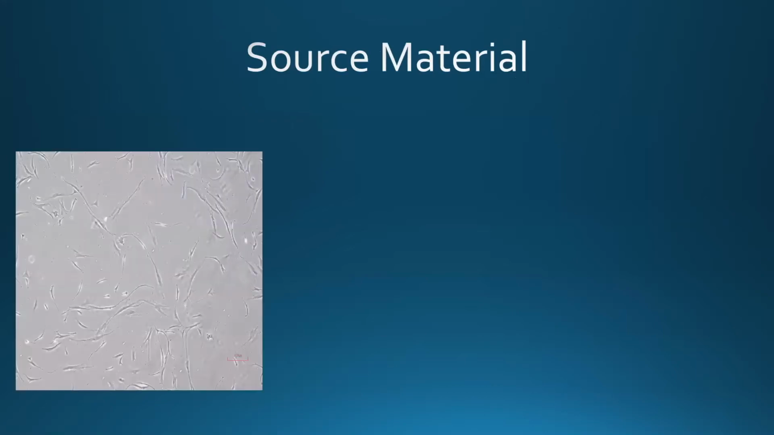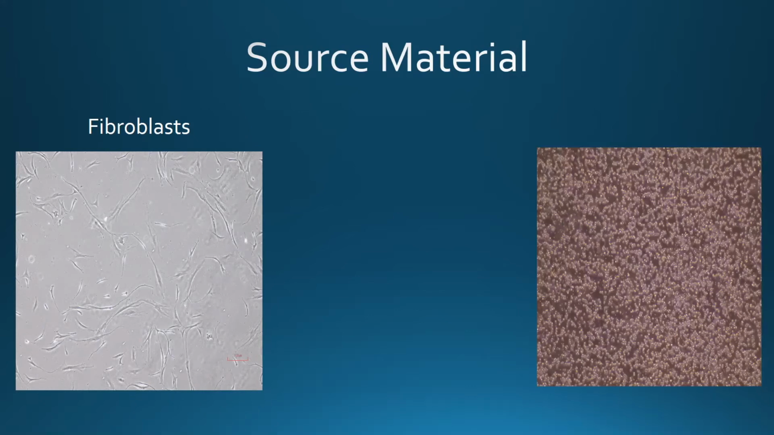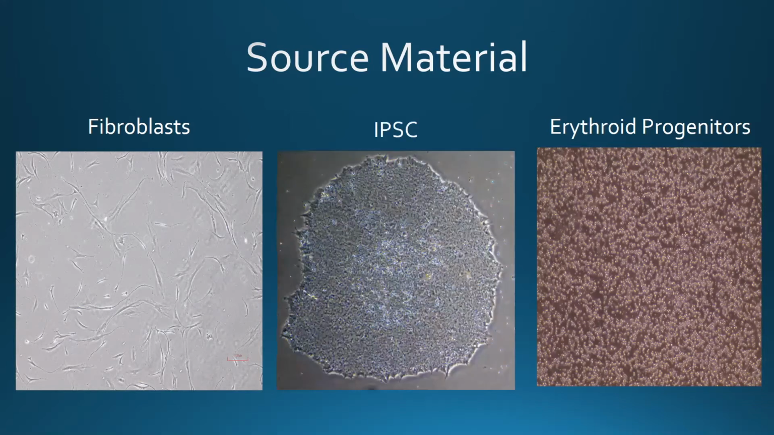There's a variety of source material that can be used for iPS. The 2 main types are dermal fibroblasts and peripheral blood. Here, these are fibroblasts that were derived in the core from a skin biopsy. And then these are erythroid progenitors, which were derived from peripheral blood in the core. As you can see, they each have their own cell morphology. But using reprogramming, they both form an iPS